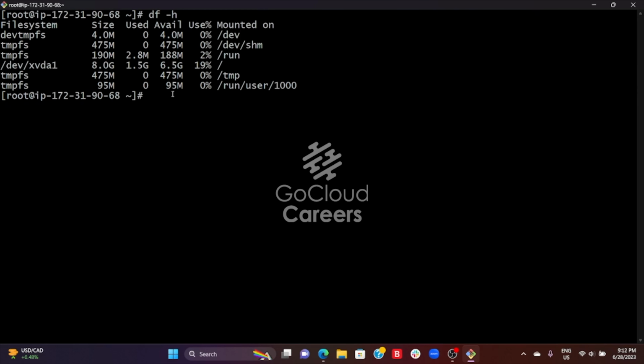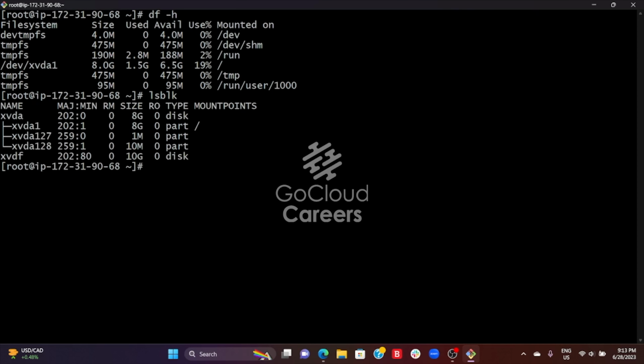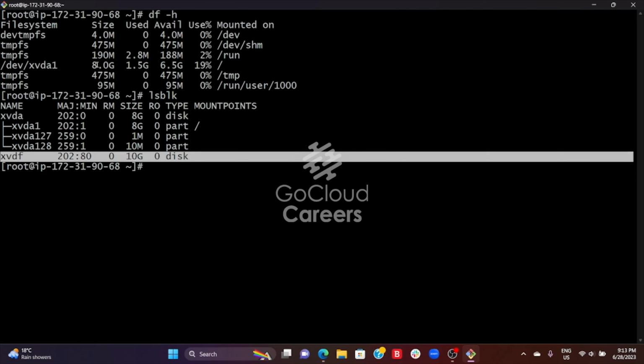So to do that, we're going to go further with the second command, which is the lsblk command. This is going to show us all the disks or block devices which are available to mount on our instance. So we have the xvda, which is the first block device which has already been mounted and partitioned. But yet we have the xvdf, which is the second disk, which is yet to be mounted to our EC2